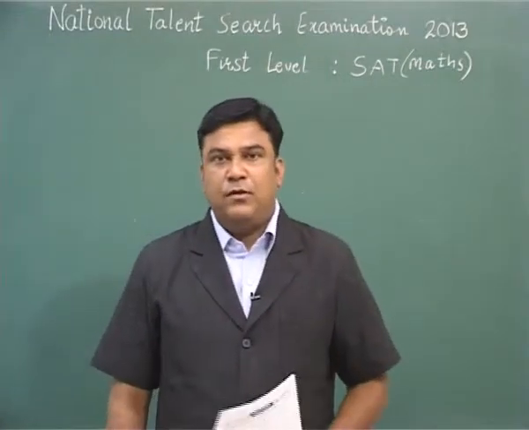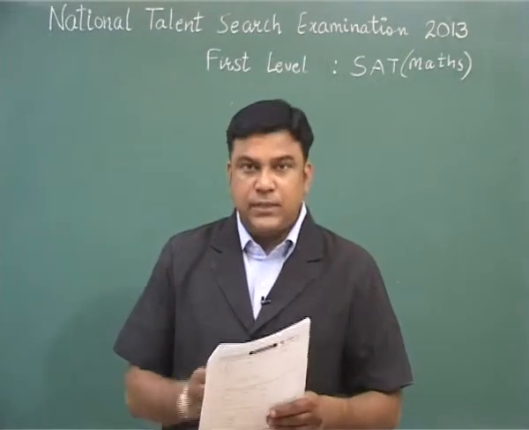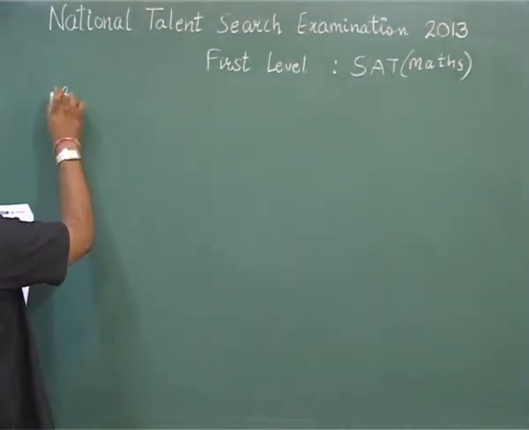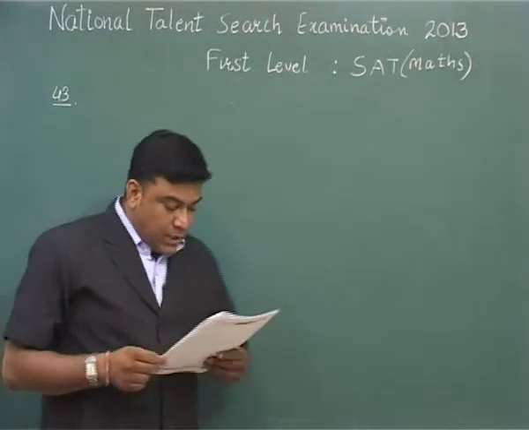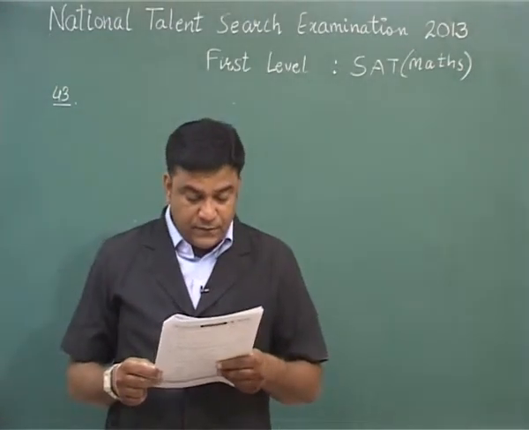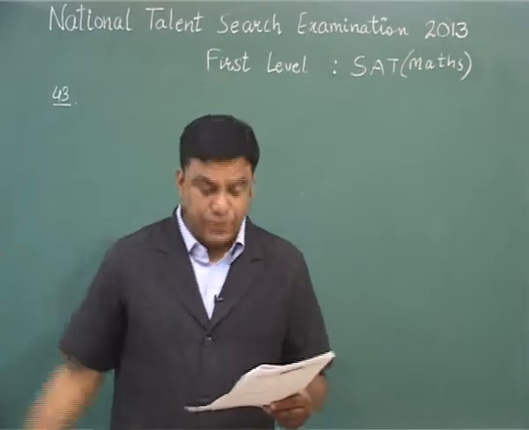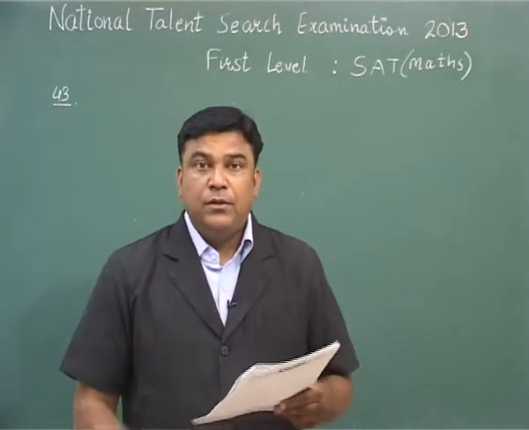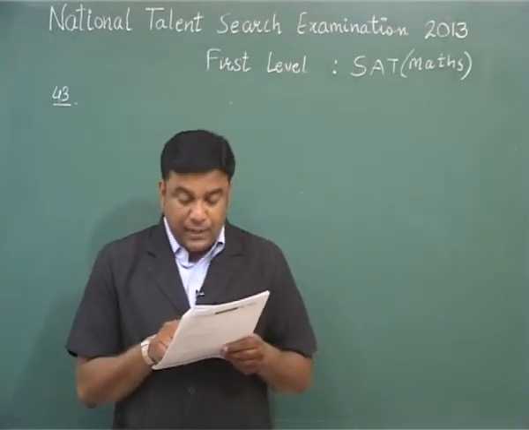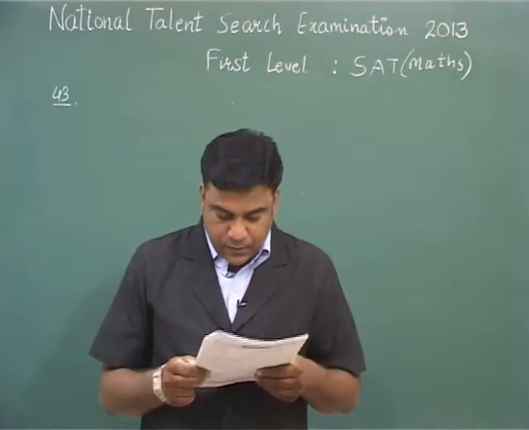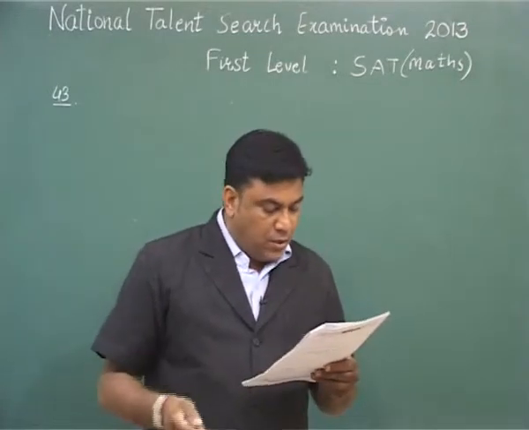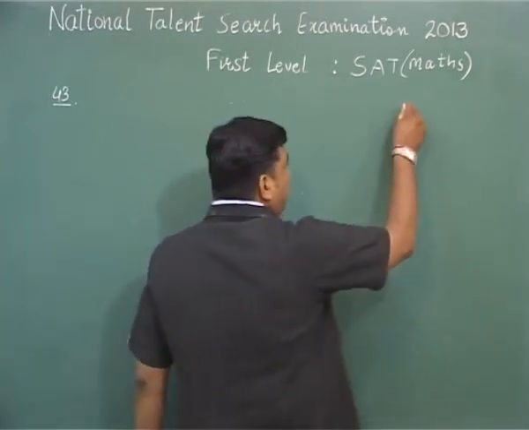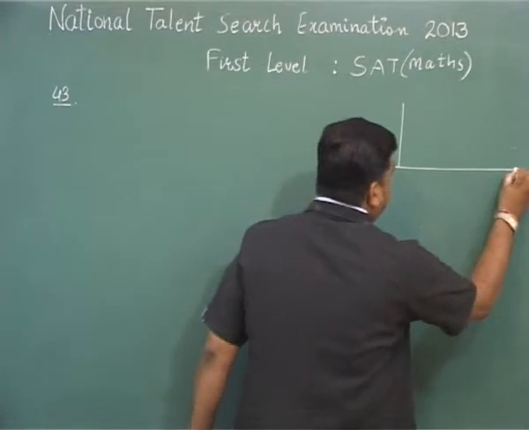Now we are going to solve question number 43, and this question is related to trigonometry and height and distance. If the angle of elevation of the sun increases from 0 to 90 degrees, then the change in the length of shadow of a tower will be. The question is very important when we get the word change. It means we have to use this figure according to the change in theta.